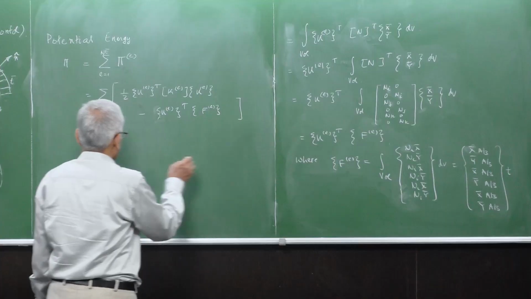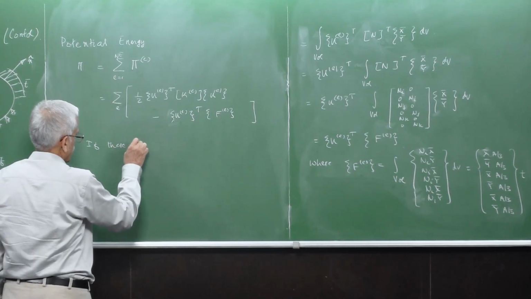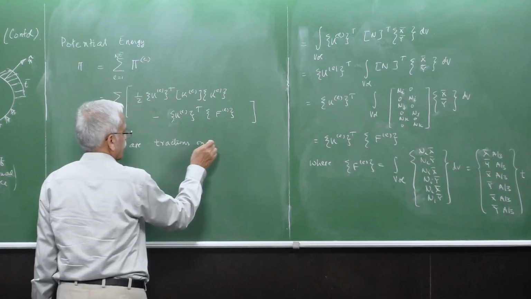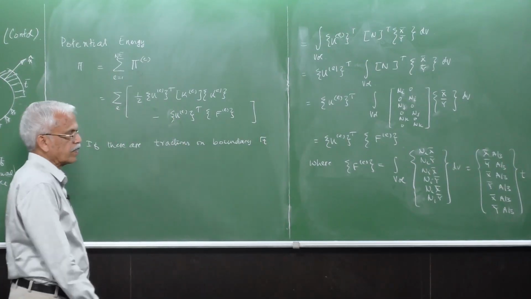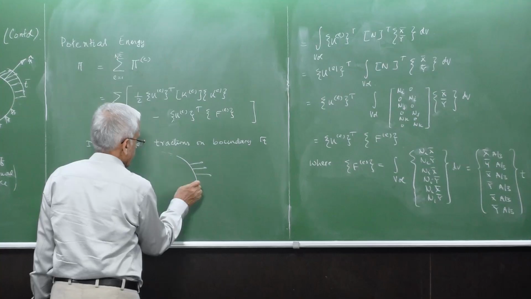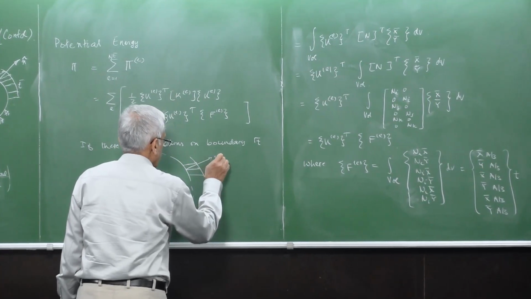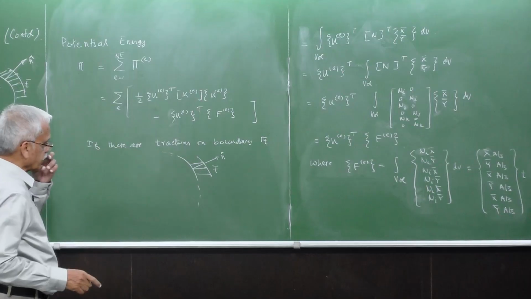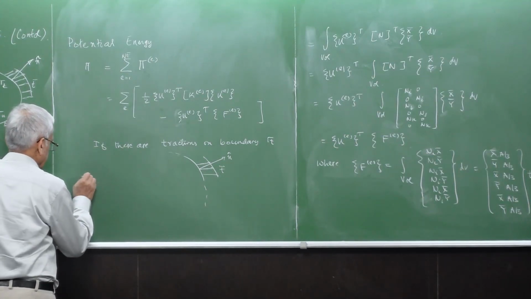If there are tractions on some boundary, on the traction boundary gamma t, like here, so this is what we said, and if it is, then those things have to be included in the force, and then that also will come out as Fp,